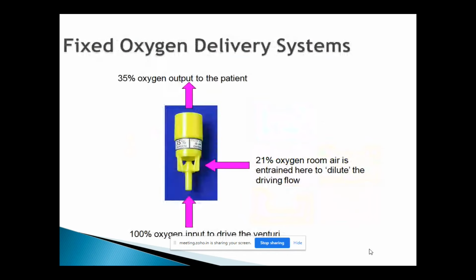To make it very clear, I'll give you an example here. You can see it's a fixed oxygen delivery system. On the body of the valve, it says 35% oxygen. On the side, it tells you that you need to give 10 liters of oxygen. So the question is, whatever oxygen we are giving, whether it is 1 liter or 2 liters or 3 liters or 10 liters, it's 100% oxygen, right? Because the percentage of oxygen coming from the flow meter is 100%. Only the flow is different, 1 liter to 15 liters.